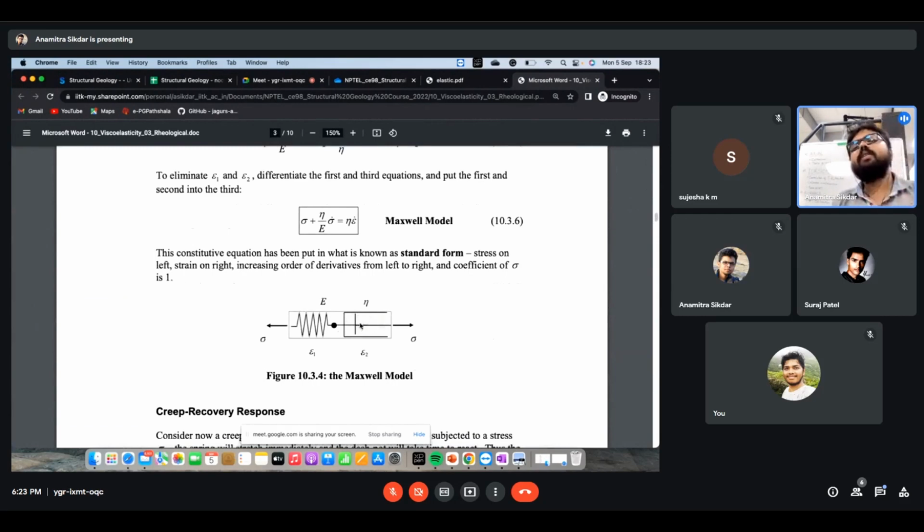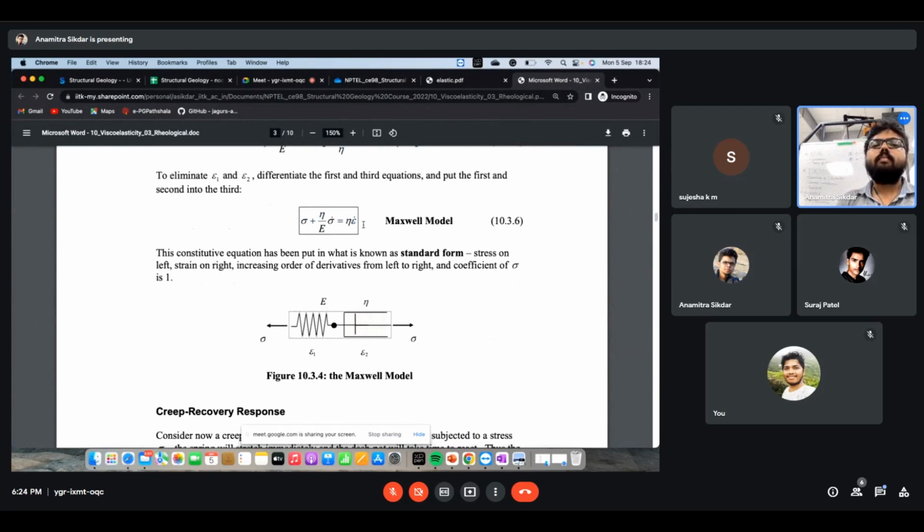The dashpot is a representative of the linear viscous rheology, and the spring is a representative of linear elastic rheology. If you connect them with a series connection, like we have learned in the electricity classes back in school and college days,